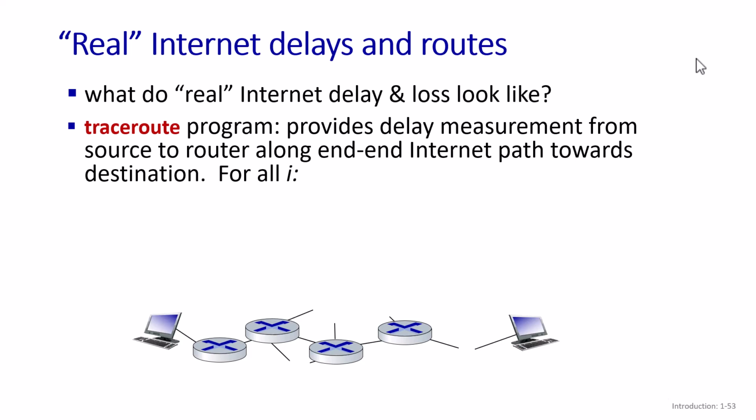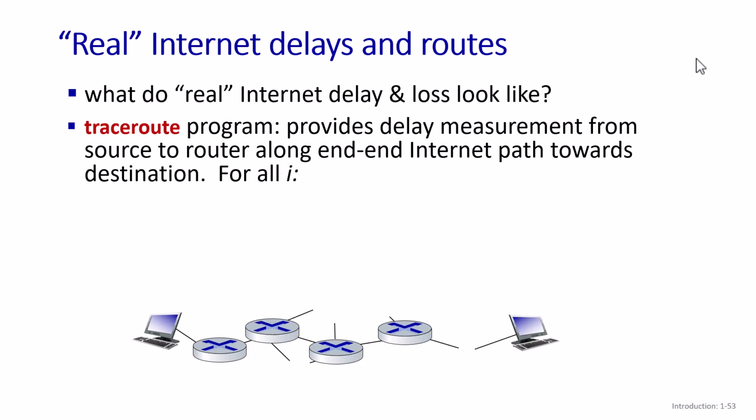We talk about delay and loss conceptually, but what do real internet delay and loss look like? The operating system's distributions come with certain networking utilities, and one handy utility is called the traceroute program. This is the Unix and Linux variant. In Windows, we have a similar program, actually the same program with a different name: Tracert. This program provides real-time delay measurements from the source to the routers along the end-to-end internet path